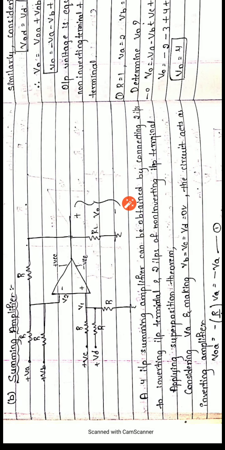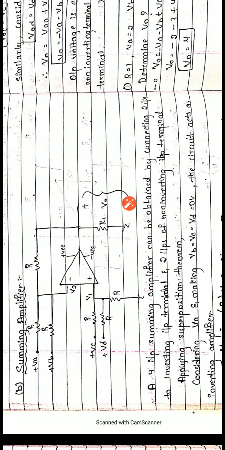Again we will use the superposition theorem. So based on that, only VA will be considered, the remaining terminals are grounded, becoming 0 now. In that case, we can directly write here. So these all R's are the input resistance. This is a feedback resistance. This is a load resistance RL to measure the output voltage. So now, the same condition applies here.